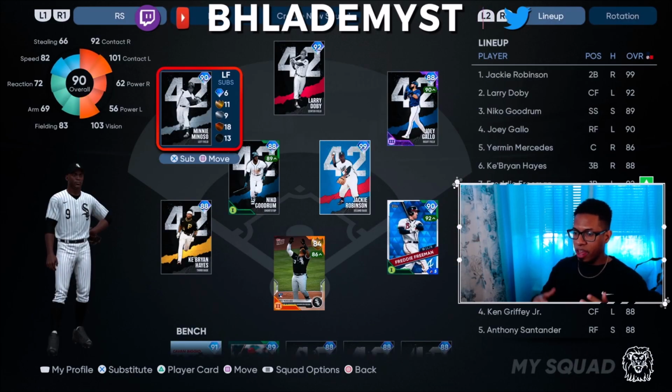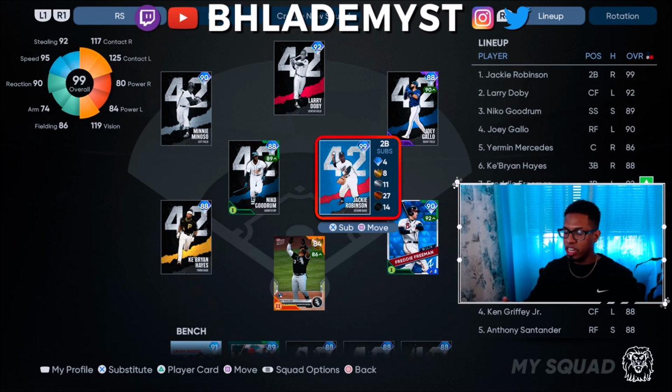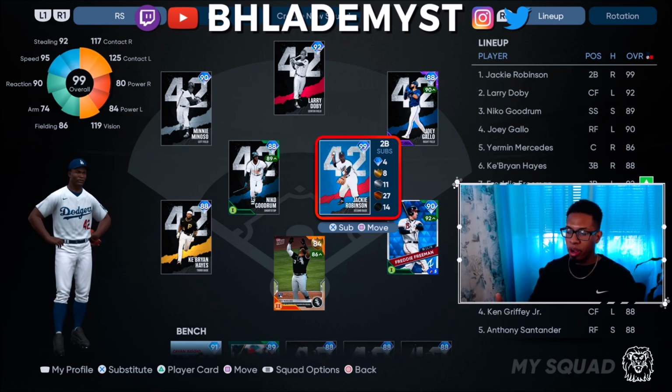In left field, I have Minnie Minoso. He's most likely not going to stay there permanently, but I do want to play a couple of games and try him out. You get him for collecting a certain amount of set 42 series players, and that is the same case for Larry Doby. You get him once you collect X amount of 42 series players, and Jackie Robinson comes in whenever you collect